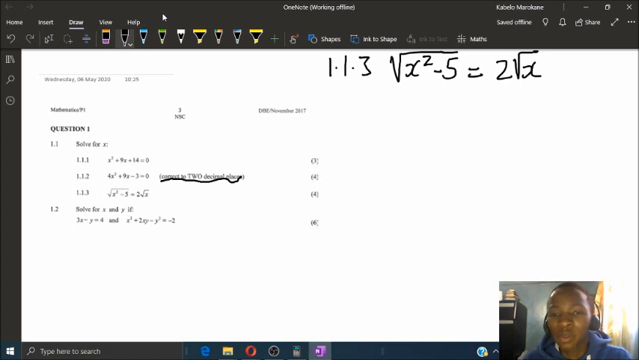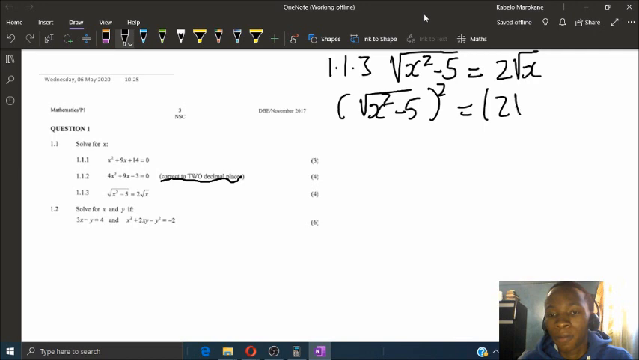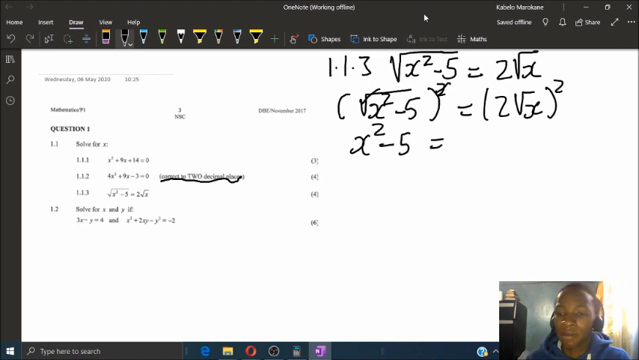So what we have to do is to square both sides. Remember, in maths, what you do on the left hand side, you have to do on the right hand side. So in order to get rid of these monsters called square roots, we have to square both sides. So let's square both sides. It's going to be x squared minus 5, squared. Okay, so this square cancels the square root, and we are left with x squared minus 5 is equal to